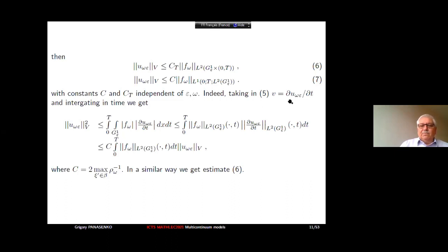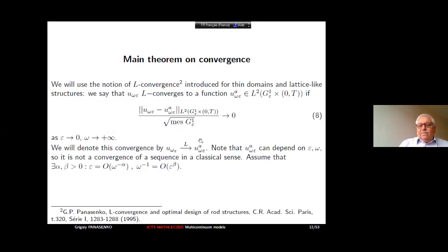It can be proved very easily. So now I would like to describe the main results first. And to this end, I will use the following definition of L convergence. So I will say that two functions, one L converges to another if their difference in the norm L2 of G1 epsilon 0 t being normalized by